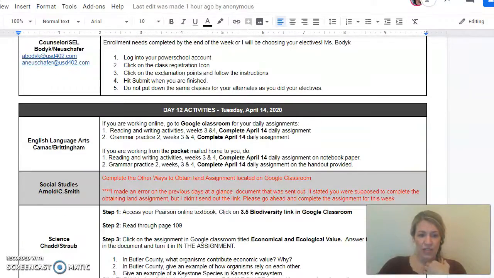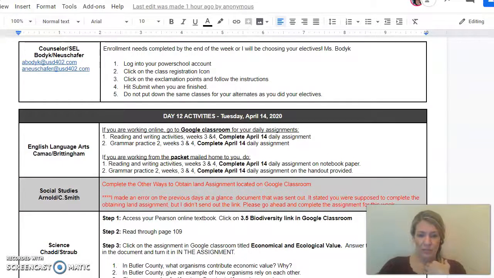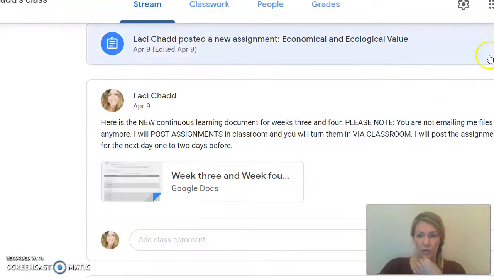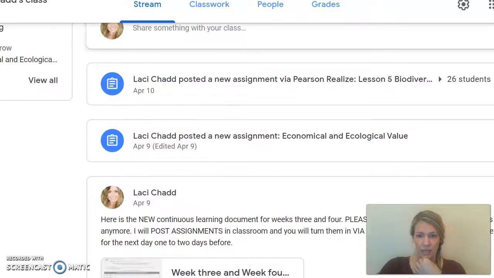If you go down to Tuesday, you can see all of your classes, but I just put this on here so that you can access your science stuff, but if you want, you can access all your classes with it. You will click on the Classroom link for your Pearson online book, and I just added 3.5. So in your classroom, it looks like this. Lesson 5, Biodiversity. So this has actually been made as an assignment, but you don't have to turn this in. That's the way that Pearson has us post it,